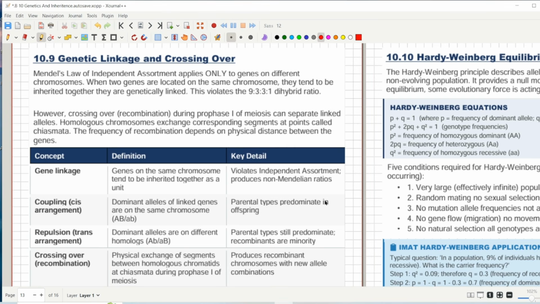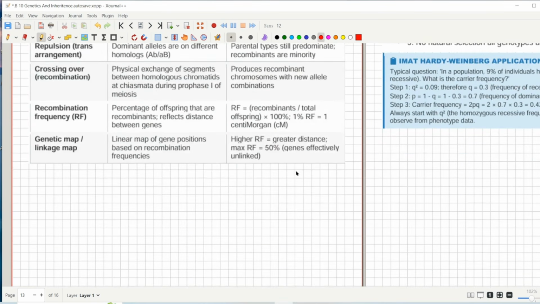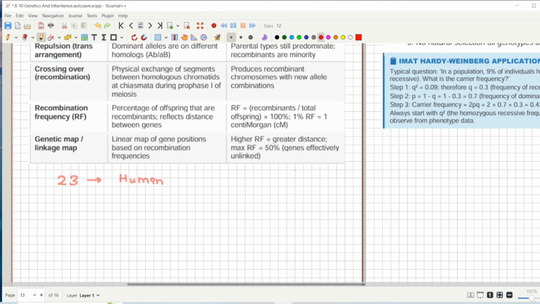And what about crossing over? These are the two things that you have to be really careful about. You know that there are actually 23 linkage groups in humans. Humans have 23 linkage groups, and because of these linkage groups,